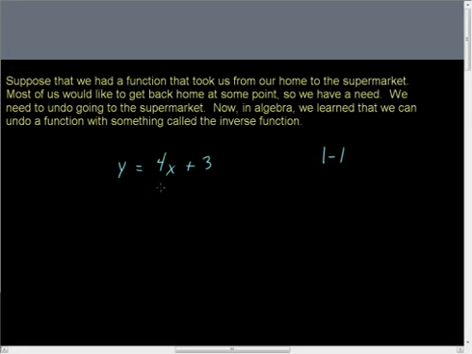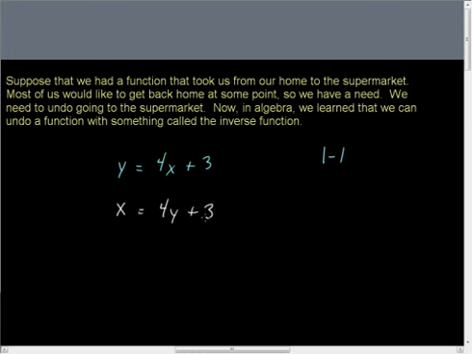I chose a line here because it is one-to-one. However, even-powered polynomial functions are not necessarily one-to-one, so you have to be careful. If you don't recall, go back and look at what it means to be one-to-one and the horizontal line test. Anyway, we can exchange the x and the y as a way to find this supposed inverse function. So if we interchange x and y,